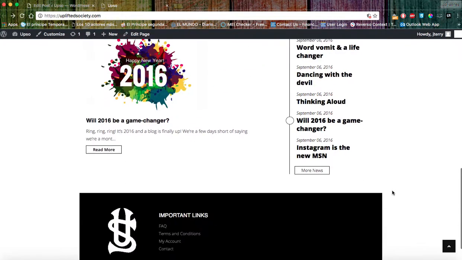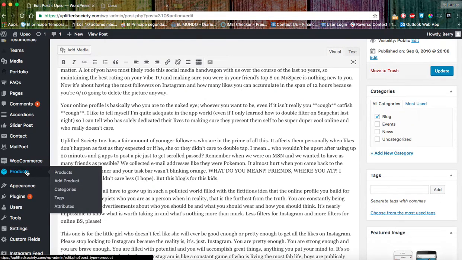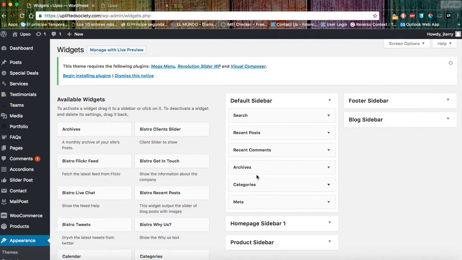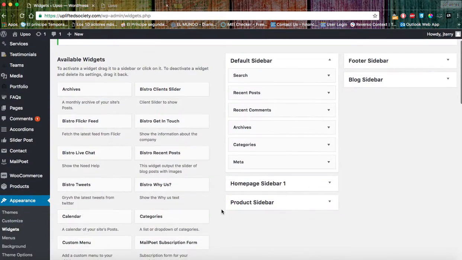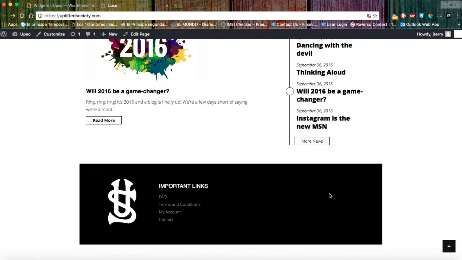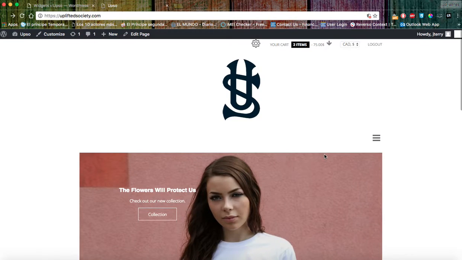What else? And then this is just the footer. You can change that or add anything else to the footer by going to appearance and then widgets. But I don't know what else you want to add on your footer. We can talk about that and we can add more stuff on your footer. What else? Okay, let's talk about